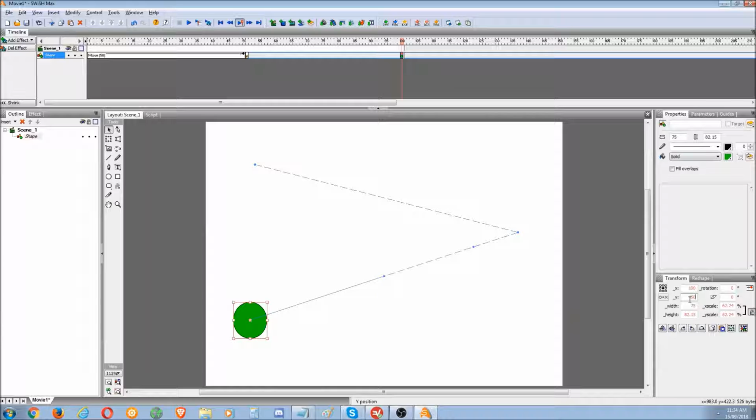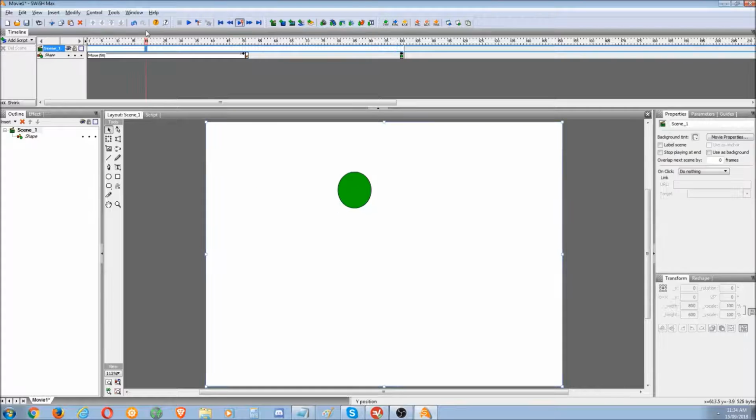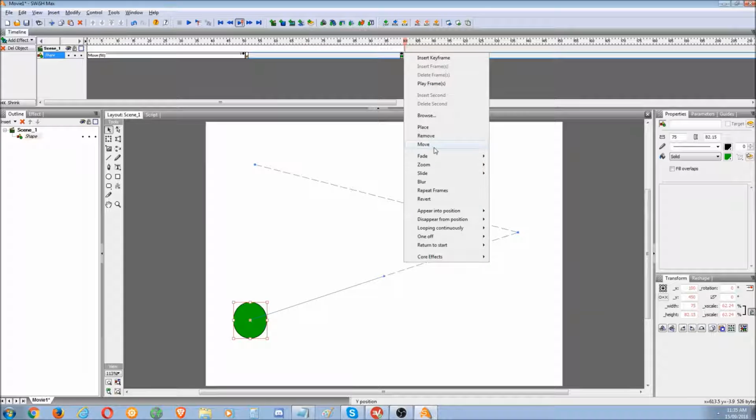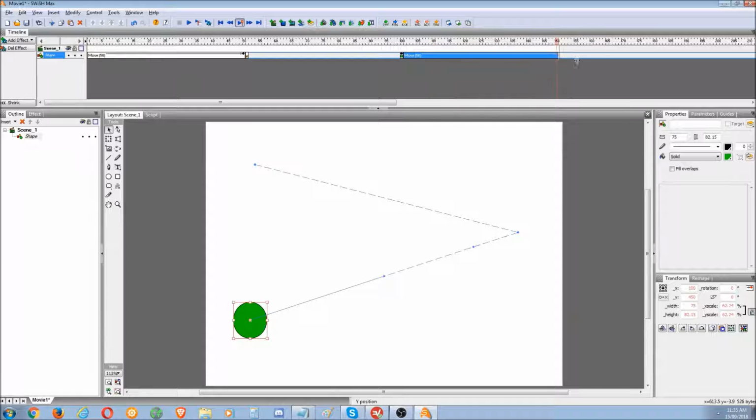We can move things in exact locations. So what will happen is it will move across the screen and it will disappear. A couple of seconds later, it will reappear down there. Well, let's do another movement. Let's do another 50 frames,